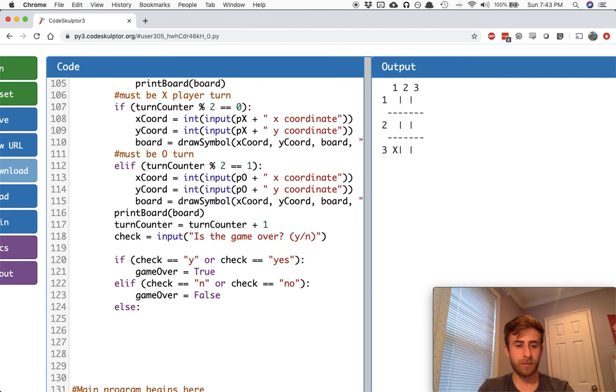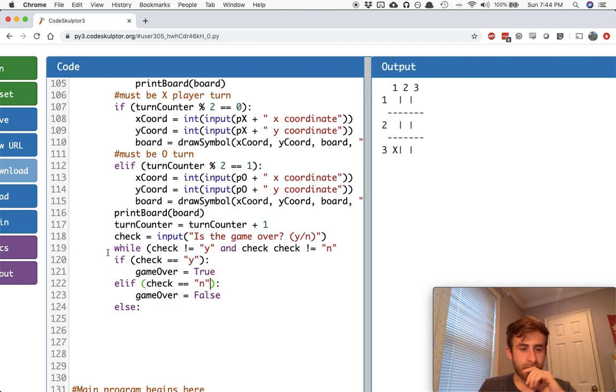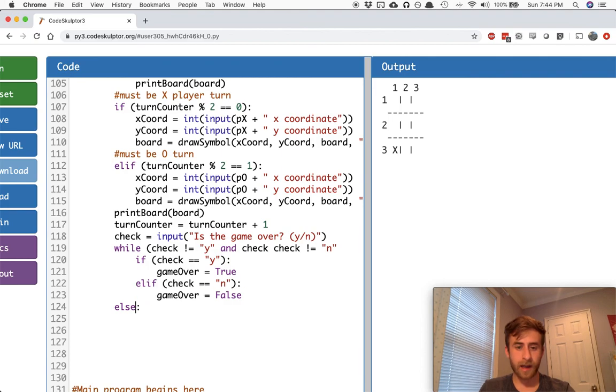We're going to have to put this in a while loop. So while check is not equal to yes, or check no, and check is not equal to no. So if they don't type yes or no, that means we can get rid of this part over here. While check is not equal to yes and check is not equal to no,